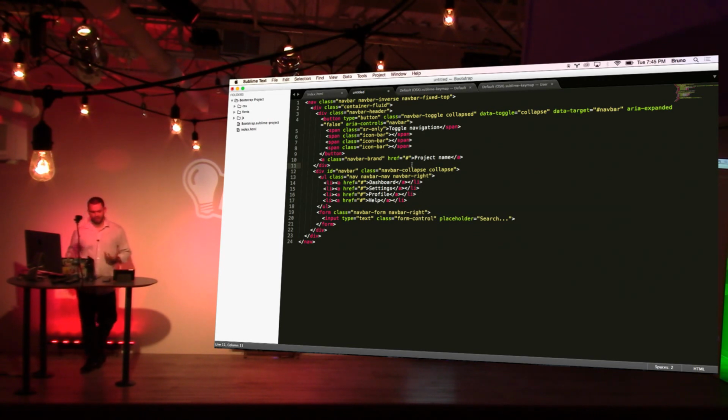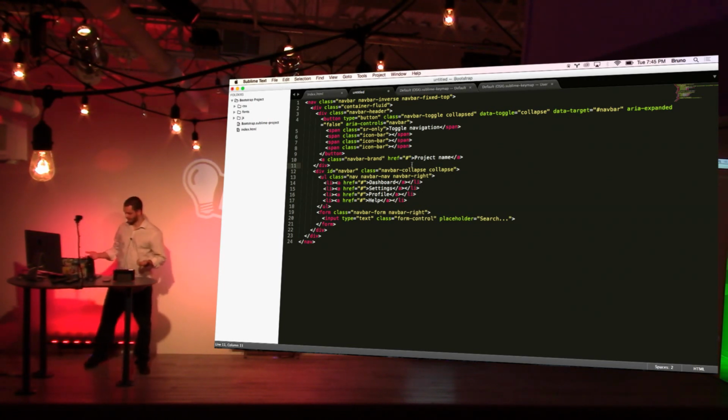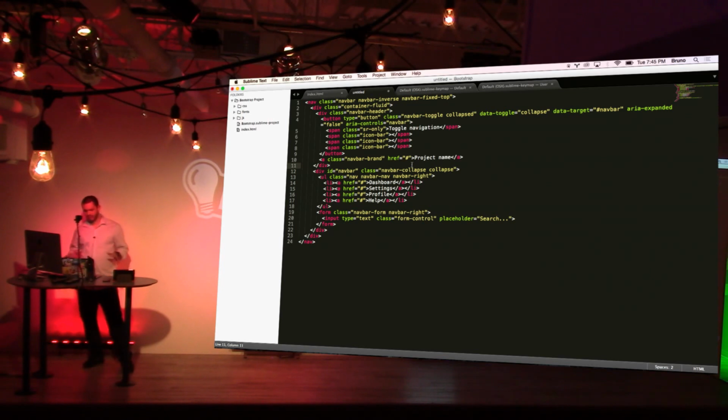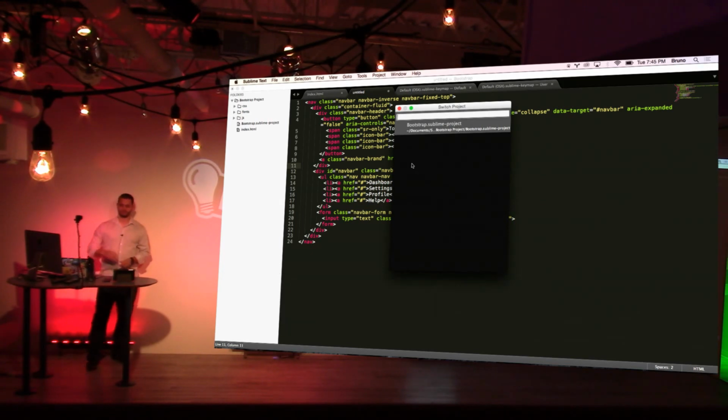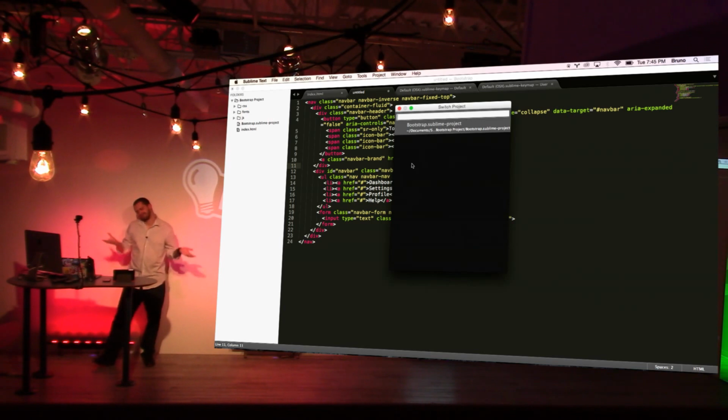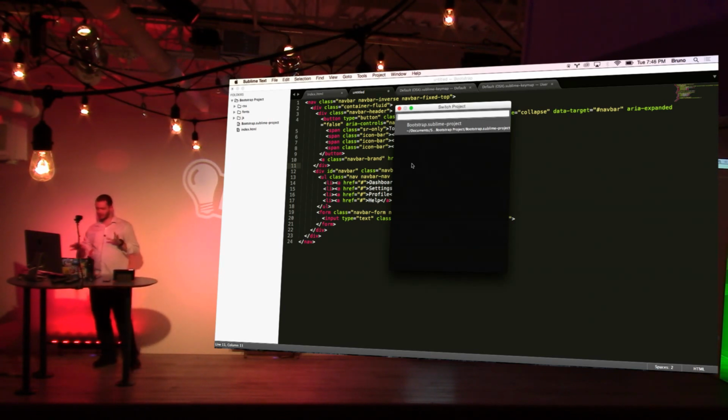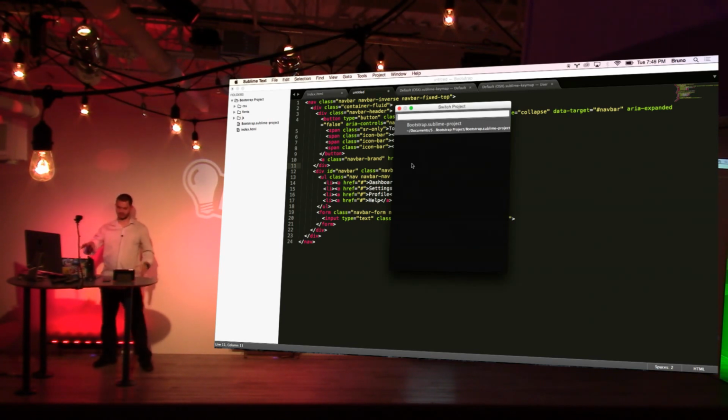So let's make sure this is really a project. The shortcut to open the projects is Command Control P, Switch Project. So now we have a Bootstrap project. Okay, but now we have just one, so it really doesn't matter. I want to show you guys this feature, Switch Project, which is really cool. So I will open that